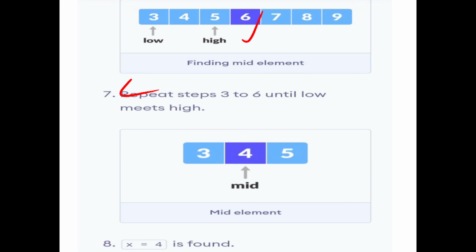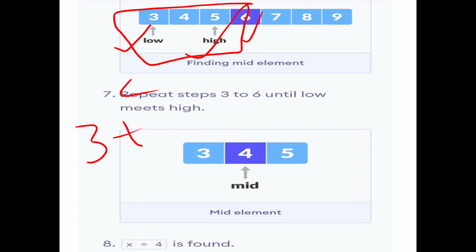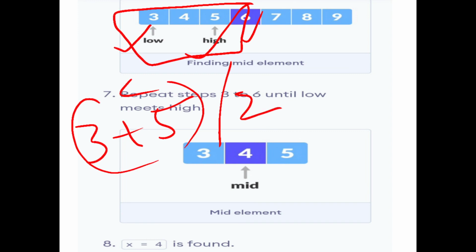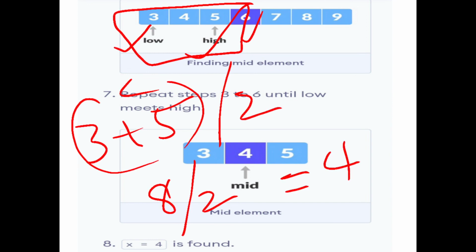Then again repeat the same concept: first find the middle position. This is the lowest value, this is the highest value. To find the mid position, 3 plus 5, which is 8, divided by 2. The answer is 4, the mid position.